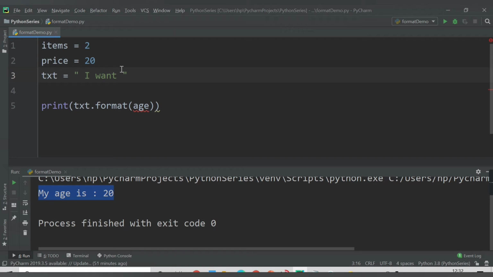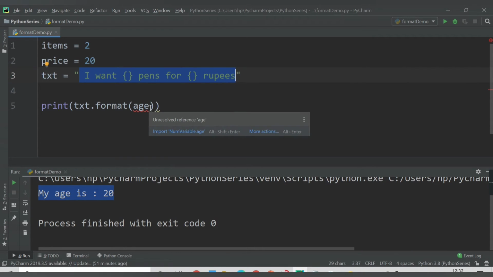So instead of 2 I will put curly braces, and for 20 also I need to provide curly braces, then "rupees". So here I have two placeholders, the first curly bracket and the second curly bracket.